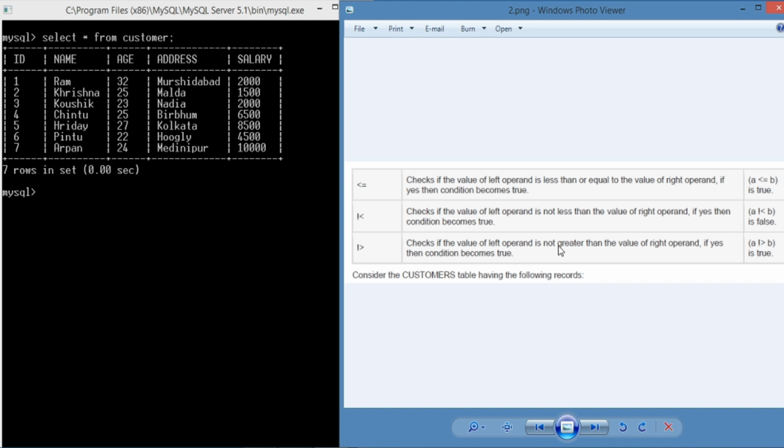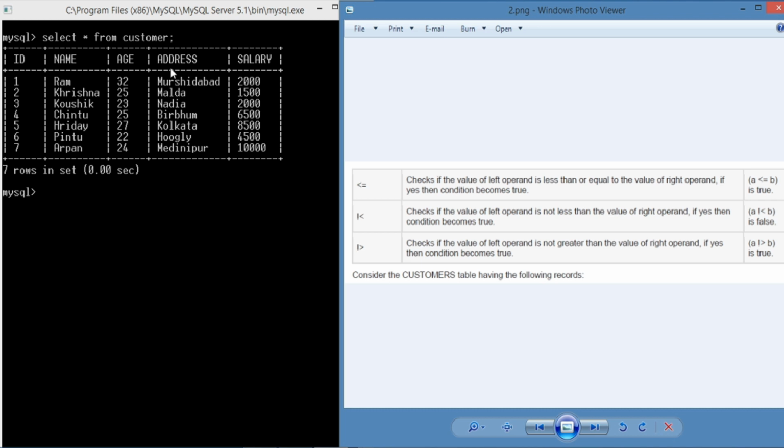Let us consider the customer table having the following records. This table contains ID, name, age, address, salary. ID 1: the name is Ram, age 32, address Murshidabad, salary 2000. ID 2: name Krishna, age 25, address Malda, salary 1500.